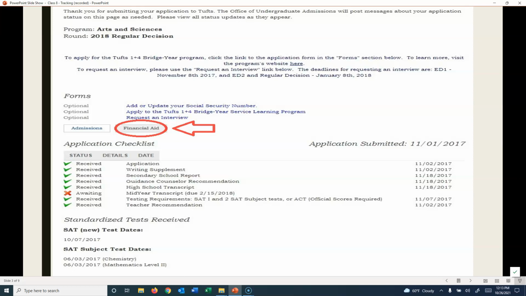You parents may remember that, but for the rest of us, for the students, you're really talking about getting this online. This is an example from Tufts from a few years ago, and it's just an example of what this looks like. I put this little arrow here to show that's the portal for financial aid, but what we're looking at right now is the portal for admissions. And as you can see, here are the different